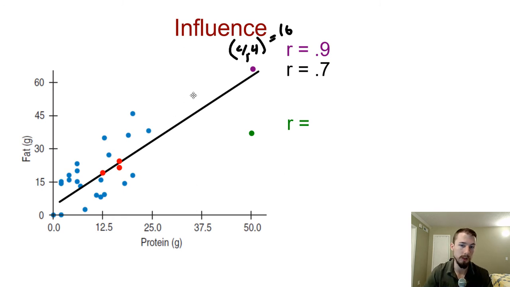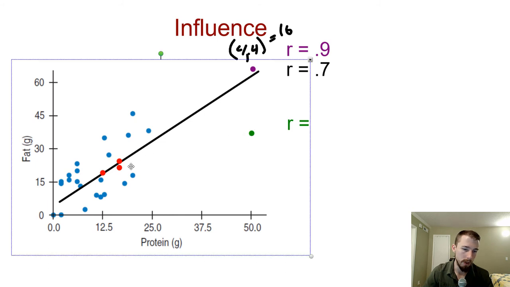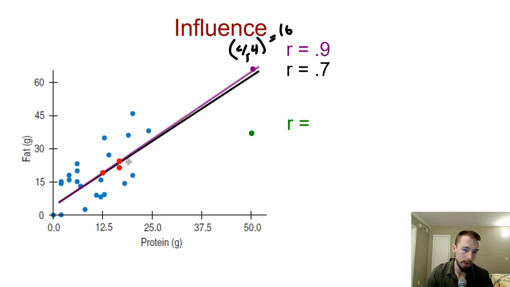Does not change the slope, but it does drastically increase the correlation coefficient. All right, what if we added this green point instead of the purple point here? So the green point, if we did that, we would have a slope. So anyway, the purple one wouldn't change the slope very much, but the green one would change the slope